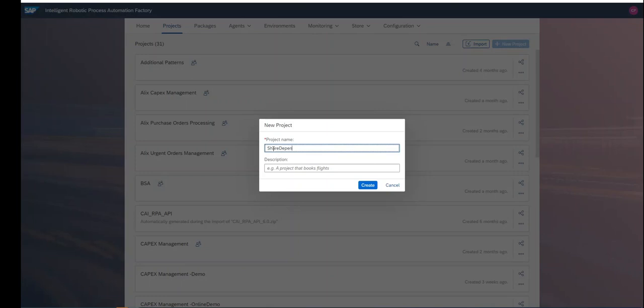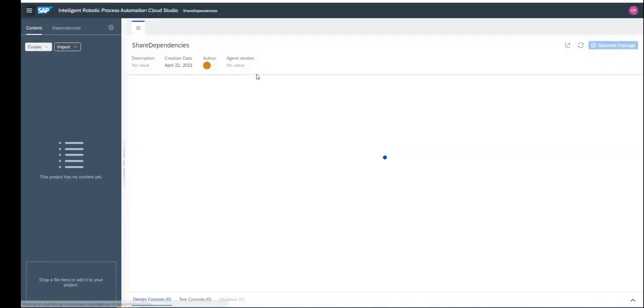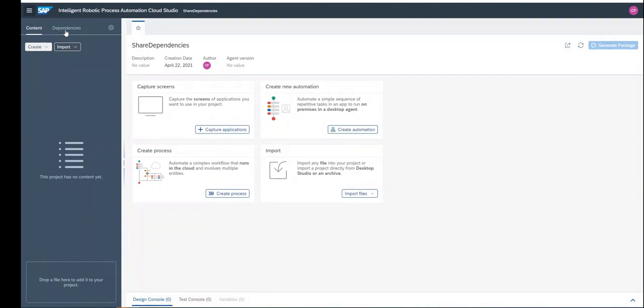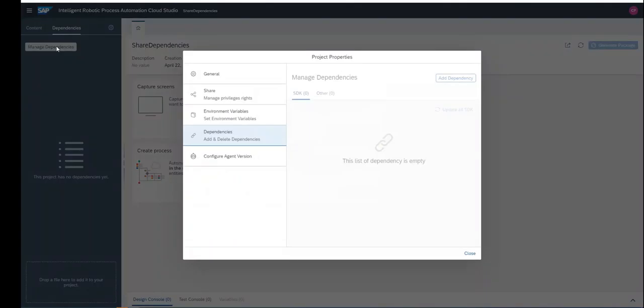Just share the dependencies. So I come to dependencies, manage dependencies, and whenever you share the projects, sometimes there may be scenarios where you would have created your previous package with a different agent, and the current project will be with a different agent.